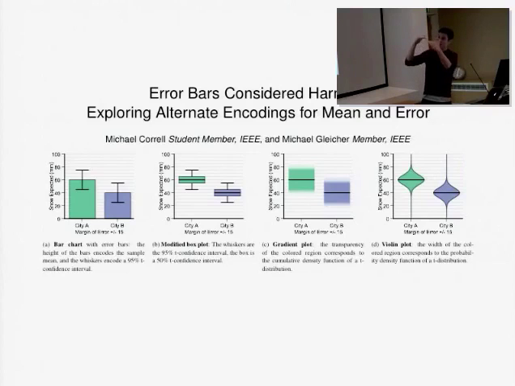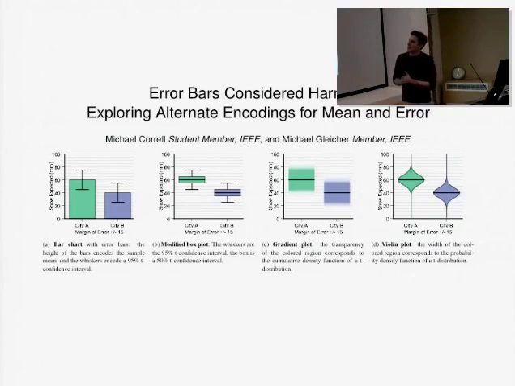Is to see whether or not the bars cross. If they don't cross, then that's great news, because then you've got a statistically significant result and you can be really pleased with yourself. If they do cross, then that's hard luck. You probably have to manipulate the data a bit so that they don't cross anymore.